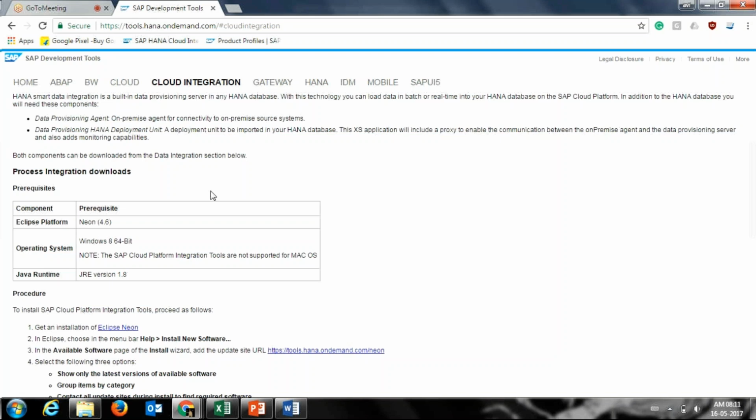Have you downloaded the Neon? Yeah, I have downloaded Eclipse Neon. I was able to install it as mentioned in steps 1, 2, 3, 4. These steps I was able to do. I have installed them, but if you just scroll down on your screen,